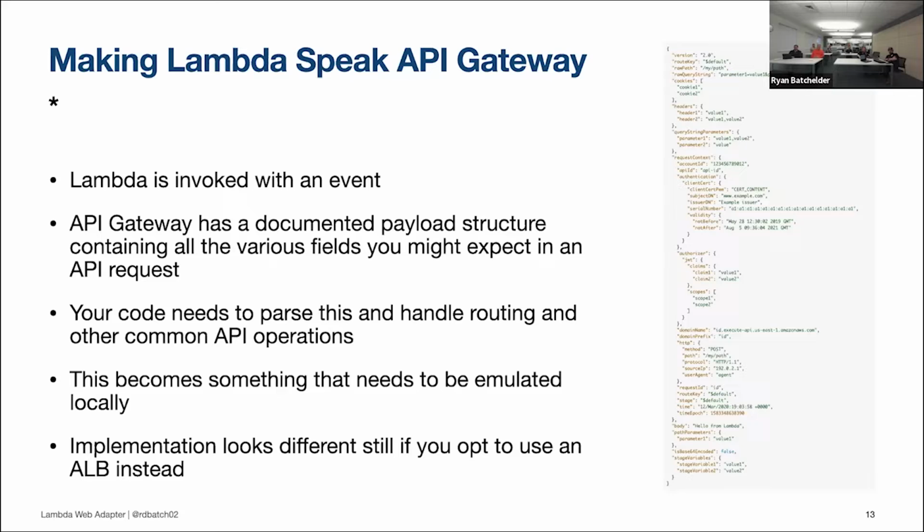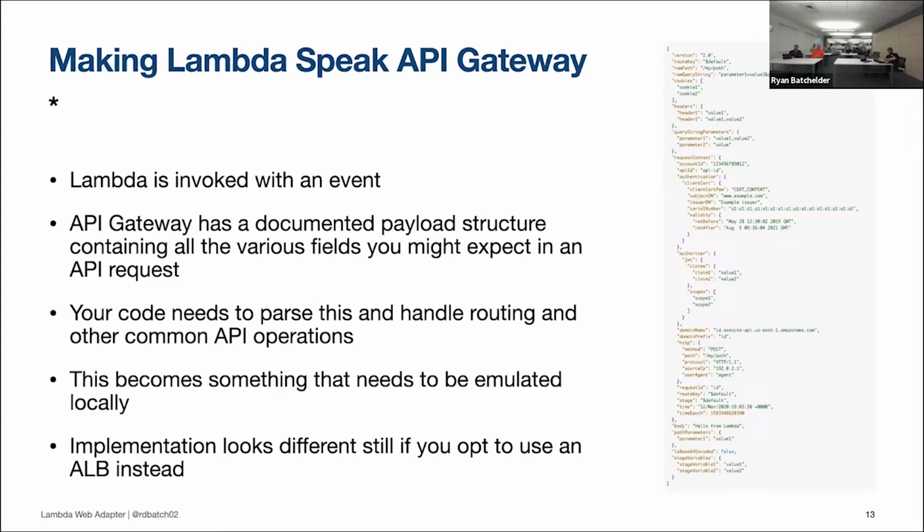I included the API Gateway one here. Don't worry if you can't read it. The point is that there's a lot here. And really, this is all the stuff you might need to handle a web request. So you've got the path in there. You've got the headers from the request, cookies. You've got the verb, and a whole bunch of other information that's in there that you now need to write